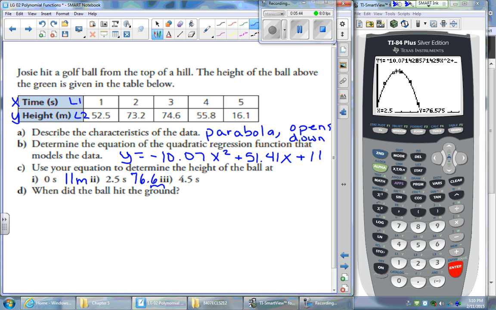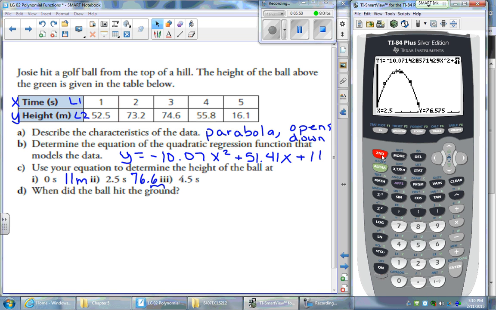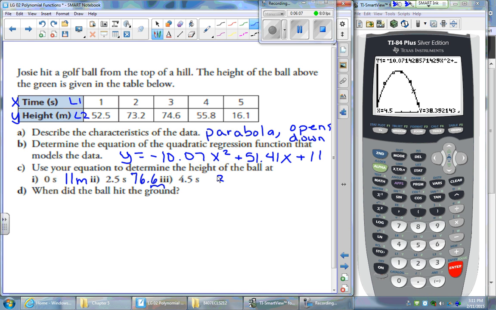So we'll just round that to 76.6 meters. And for the third height, we know that it's going to be on its way back down. Second calc, value, can plug in any x value. We want to plug in 4.5 seconds. And the graph tells us that the ball is going to be at a height of approximately 38.4 meters above the ground